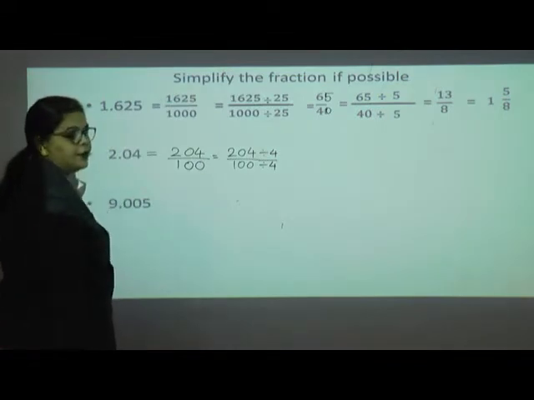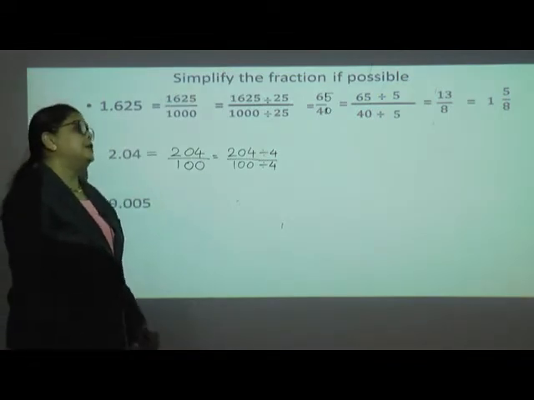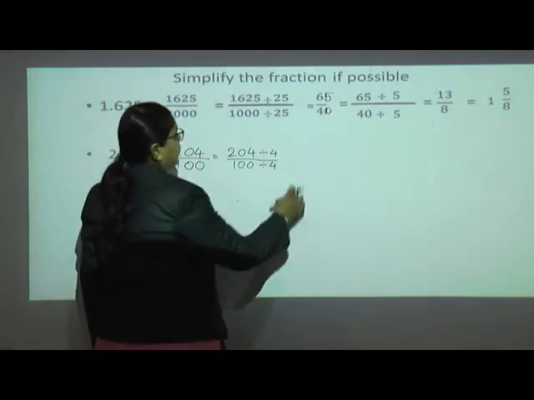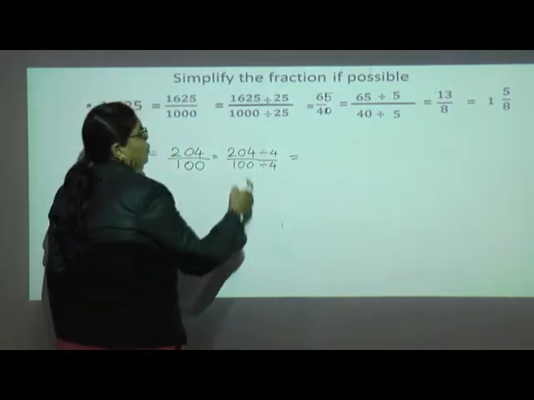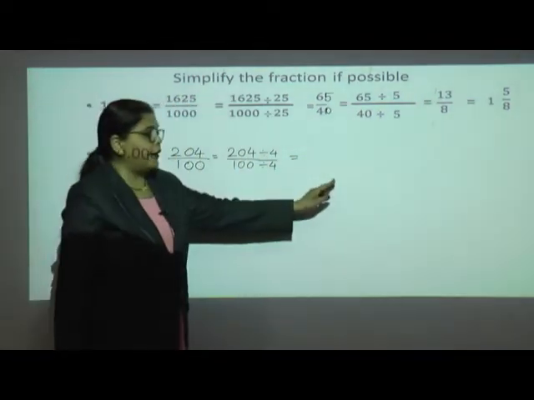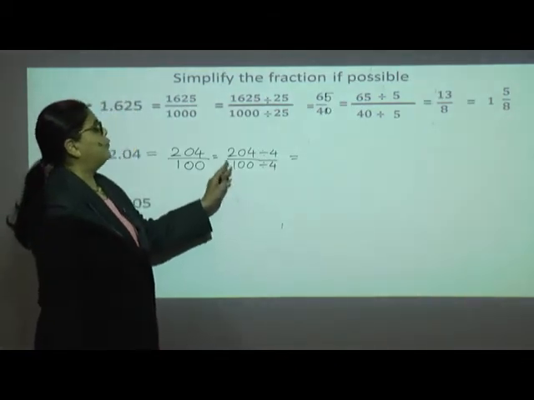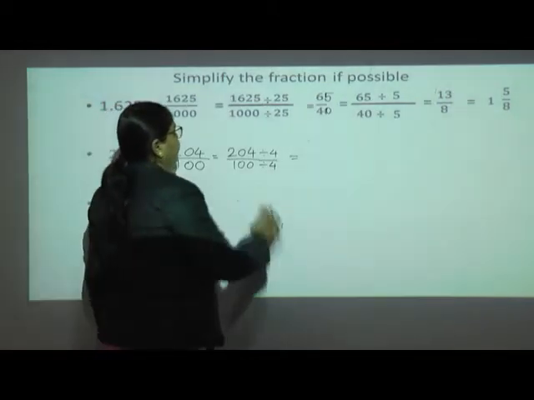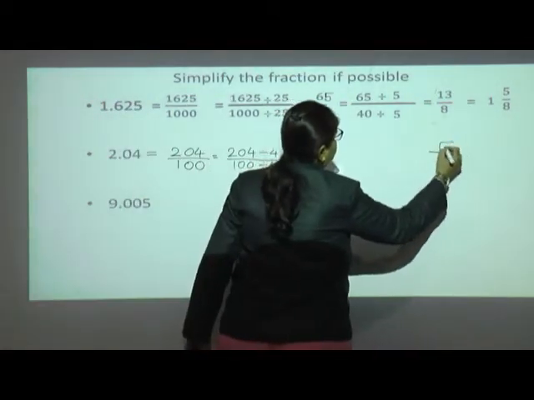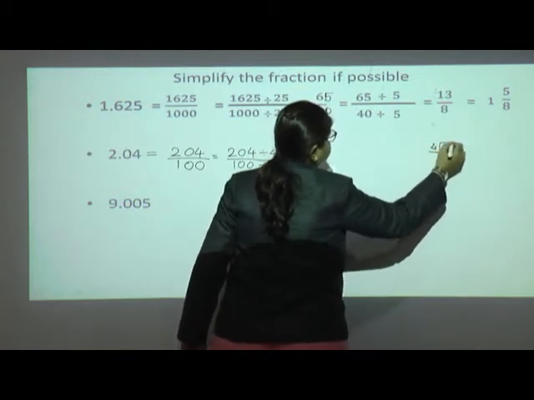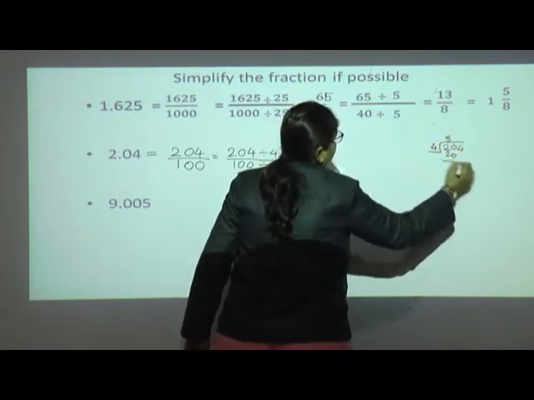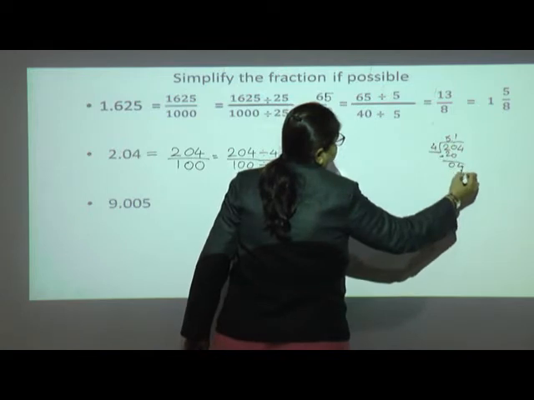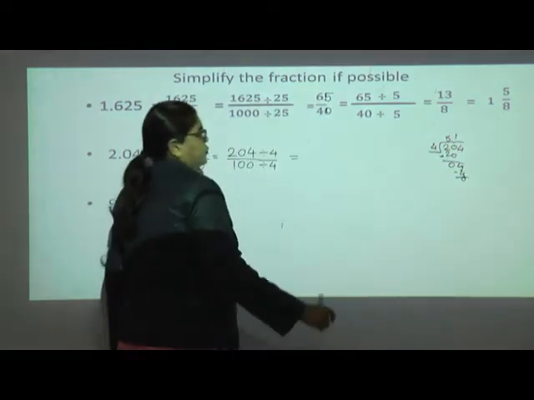You know what is the divisibility rule of 4? The last two digits should be divisible by 4 and give a remainder of 0. Now, if you want to do a practical, you can do the practical division. If you want to write directly, that also I will show, both the methods. Here 204 divided by 4, we will see the practical method. 4 5s are 20. I am writing with small handwriting because it's my rough work. 4 1s are 4. So what I am getting? 51.